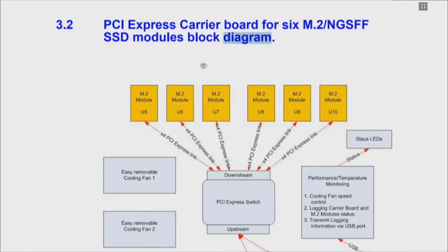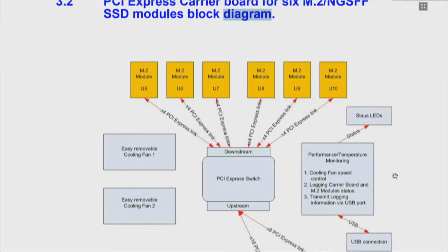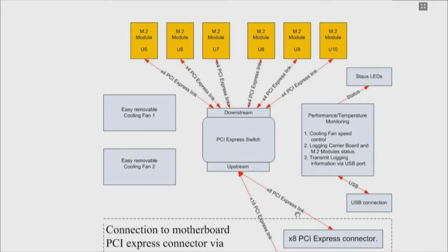So we can see the identification of the U5, U6, which are on opposite sides, then U7, and it shows those 3 grouped, and then it says U8, U9, and U10. I'm going to come back to this a little bit later and reference this because what I'm going to show you in a few minutes is how those 4 versus those 2 respond. But while we're here, you can see status LEDs, that's what we're going to look at, a PCI Express switch, the downstream for the links, and 4 lanes for each drive, and then the upstream, they can be PCI Express x8 and PCI Express x16, for which they have a secondary patent. Okay, the status LEDs, performance temperature monitoring, cooling fan speed control, logging carrier board and M.2 module status,